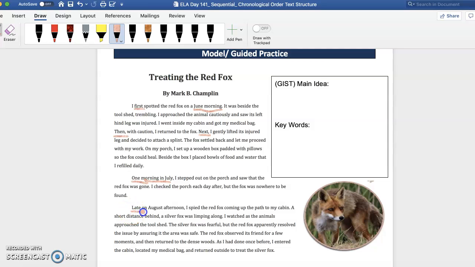Late on an August afternoon. Okay, so the story is moving along. I spied the red fox coming up the path to my cabin. A short distance behind, a silver fox was limping along. I watched as the animals approached the tool shed. The silver fox was fearful, but the red fox apparently resolved the issue by assuring it that the area was safe. The red fox observed its friend for a few moments and then returned to the dense woods. As I had once before,